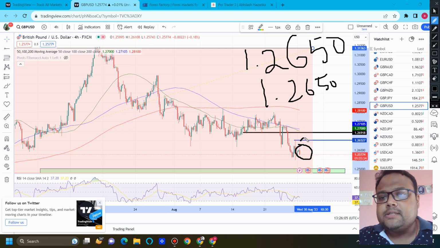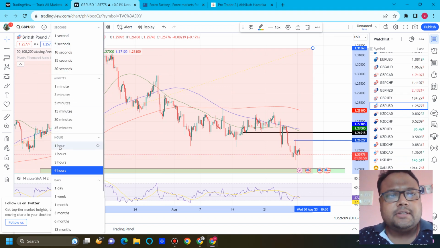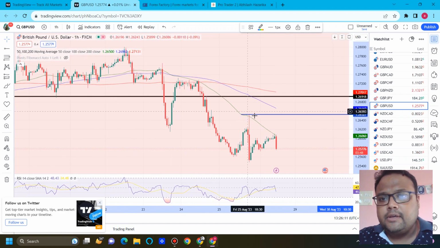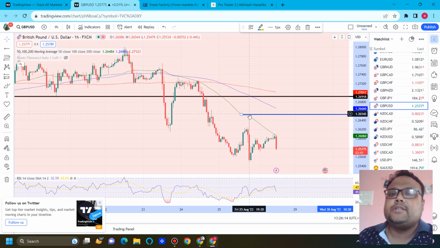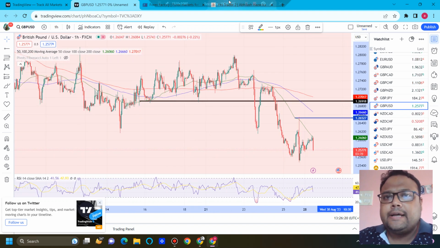If you see the market is reversing, the market is struggling, you will get the confirmation that sellers are present because of this. You can see previous price rejection. You can look for a sell position around there. Clear? 1.2650, and the second is